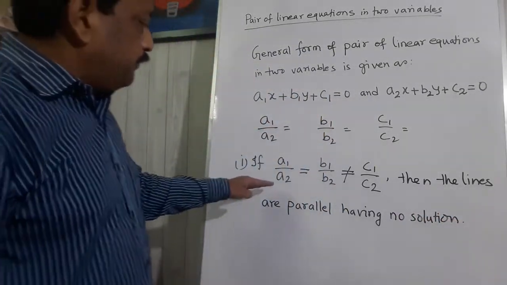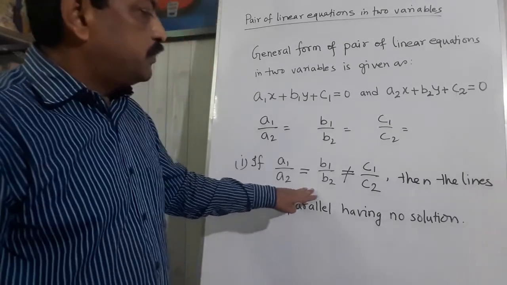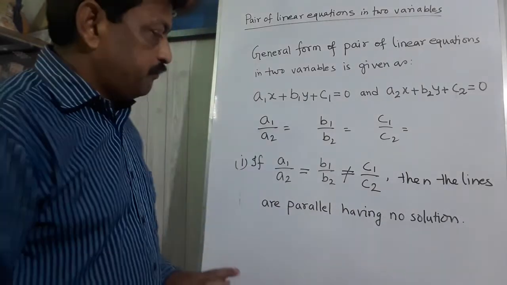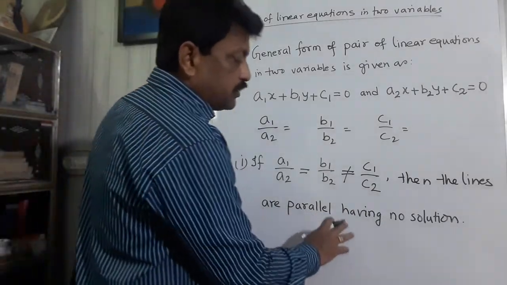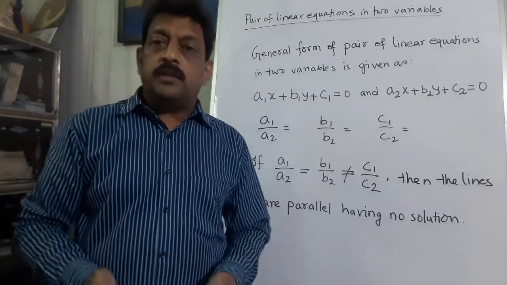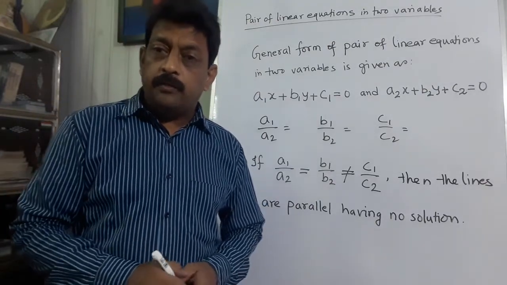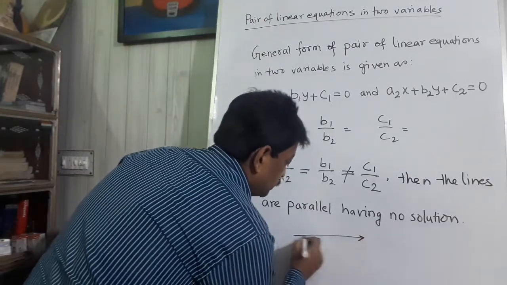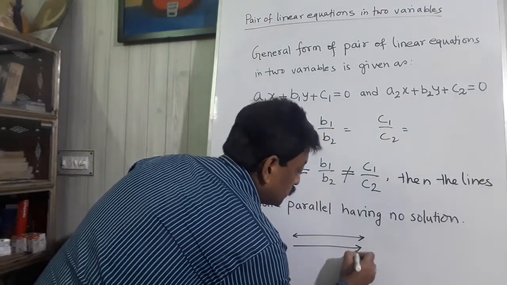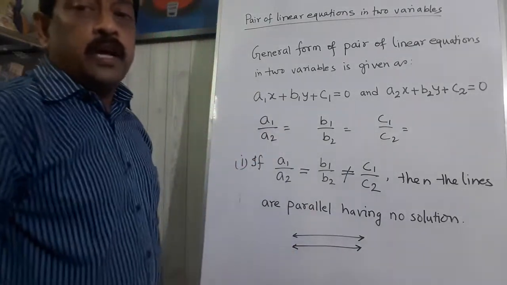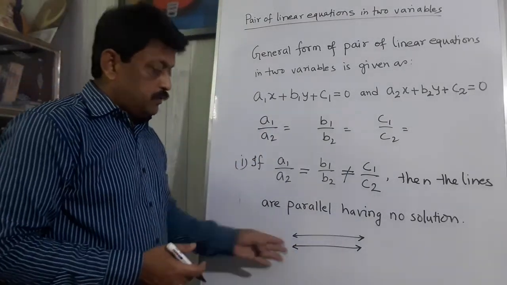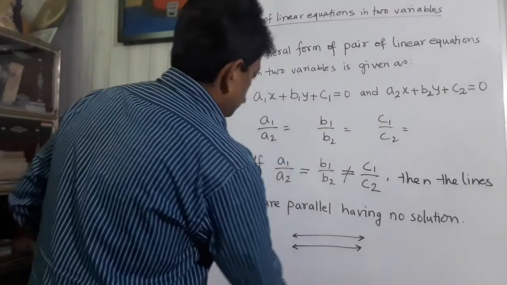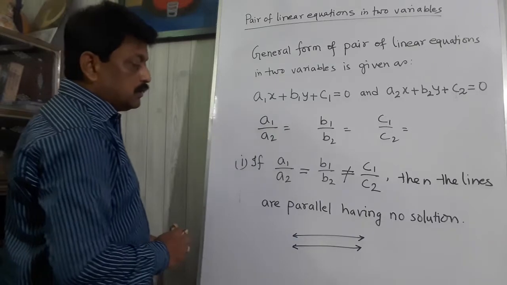Means if a1 by a2 is equal to b1 by b2 and not equal to c1 by c2, then the lines will never meet. Means they will be parallel to each other, and since they are parallel to each other, they are not meeting with each other at any point, so there will be no solution. Parallel lines, they will never meet, so they do not have any common point between them, therefore they do not have any solution. Understood? Okay. Now the third condition,